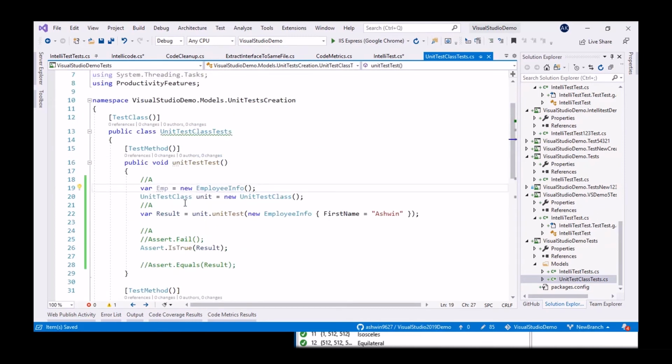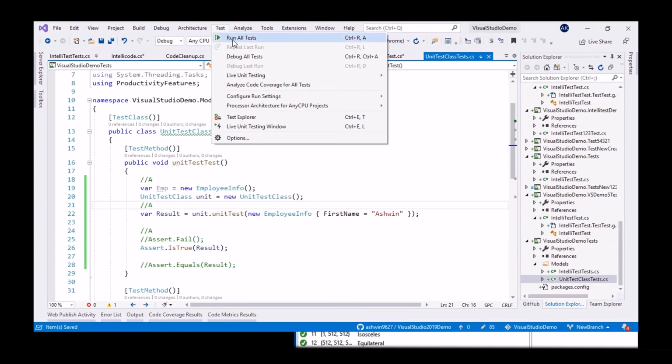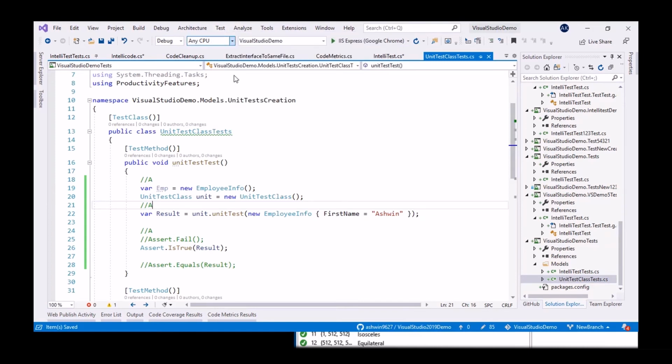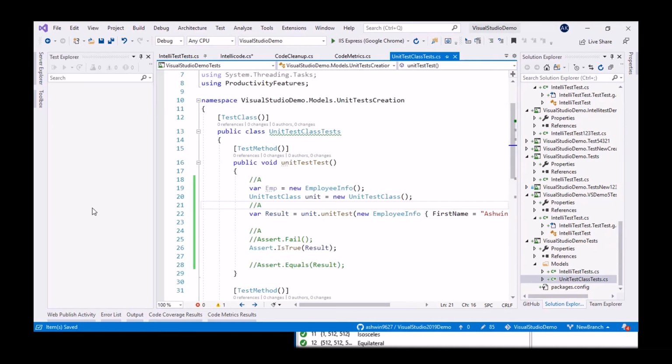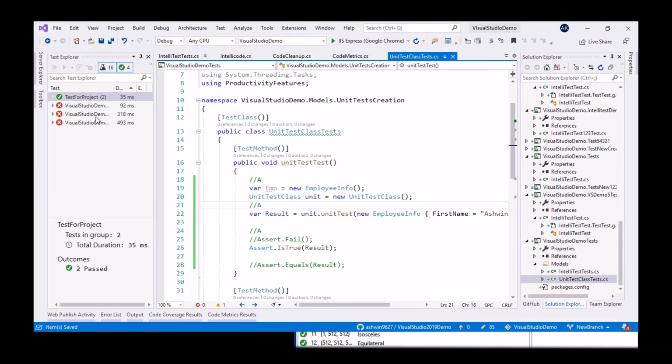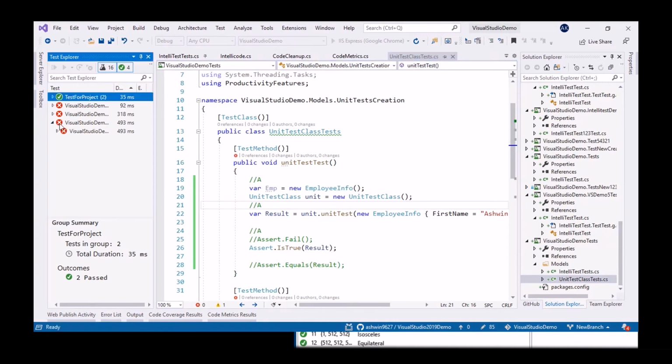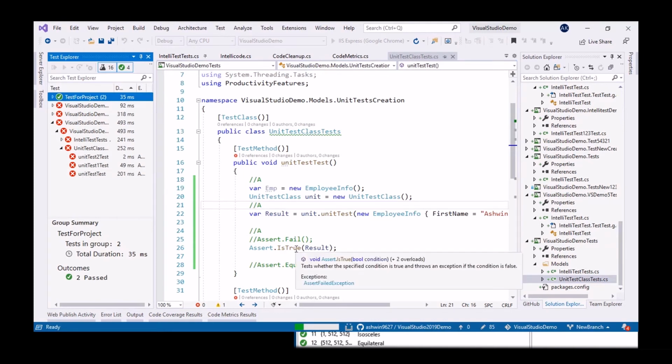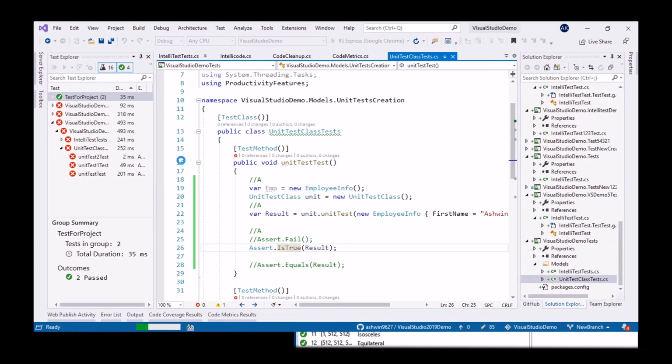To run this unit test project, you can see the Test tab available at the top of Visual Studio. Select it and click on Run All Tests. Test Explorer will be opened. Yeah, it opened, and you can see it. It will load the test cases for us. This is our unit test case. So everything has failed as of now. This is not true. If you have given it as false, this will give you true.